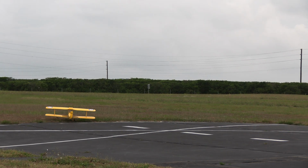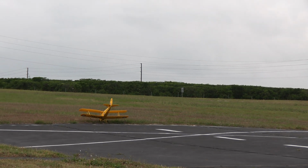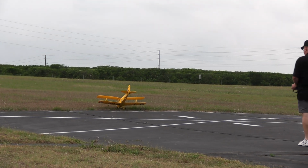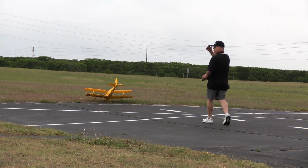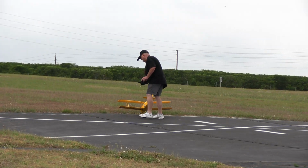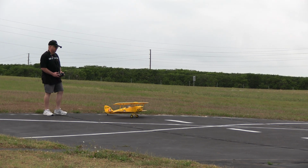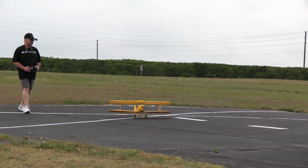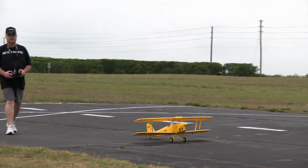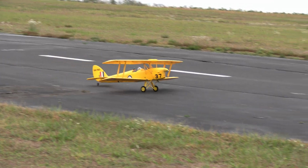There we go. Tried to turn against that. She's really prone to being nose heavy. I have not done that mod where you rake the gear forward. It would help, but I try my best to fly these planes as they were designed, because that way, as the purchaser, you may not be all that good at mods. So,